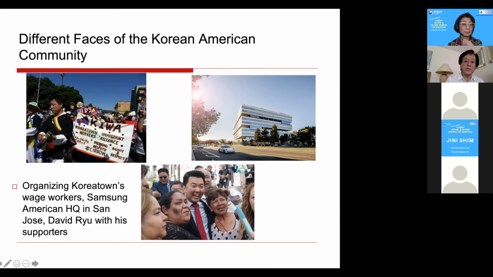And if you have people like that, you also have the new headquarters, the Samsung building in San Jose, in the heart of Silicon Valley, right? And Samsung is one of the most powerful corporations in the world. That Samsung building alone is bringing well over 2,000 Korean engineers and executives and mid-level managers who are in the United